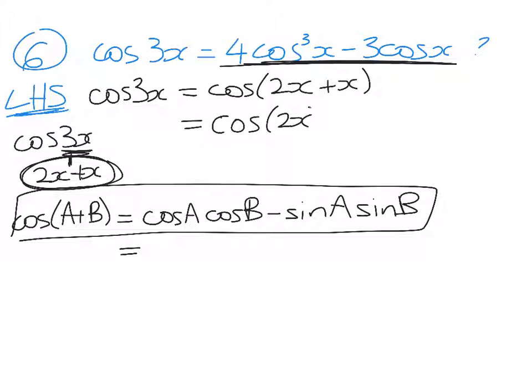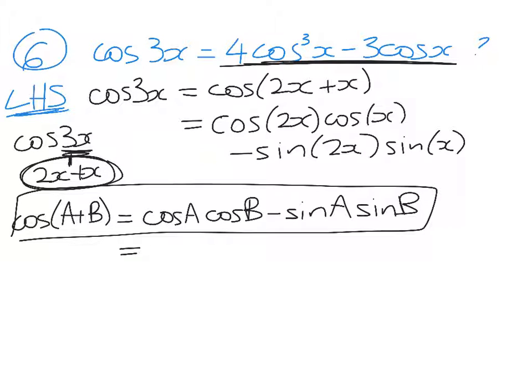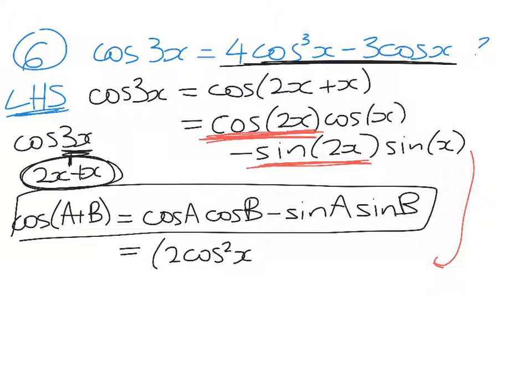Cos of 2x times cos of x minus sine of 2x sine of x. Now hopefully you didn't write all of that stuff in the middle of the page in your maths book like I just did. We're just going to hop down to here, and we're going to now expand out this, choosing wisely, and this. So we get 2 cos squared x minus 1 times cos x